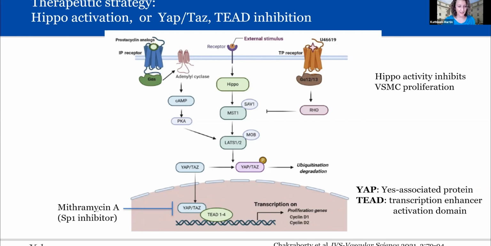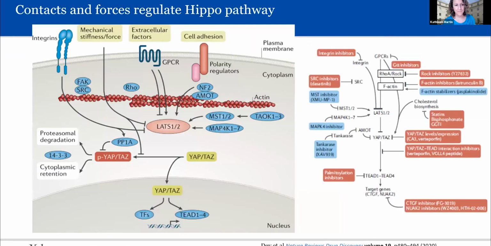And mithramycin A is an SP1 inhibitor that's been shown to influence expression of YAP and TAZ as another way to modulate this pathway and prevent intimal hyperplasia. So yet another schematic of the Hippo pathway. I wanted to include this because it shows some of these upstream inputs, such as integrins, mechanical stiffness and force, G protein coupled receptors and their ligands, and cell polarity regulators, all of which can feed into this kinase cascade that ultimately regulates whether YAP, TAZ are localized to the nucleus, where they can cooperate with TEAD to drive pro-proliferation